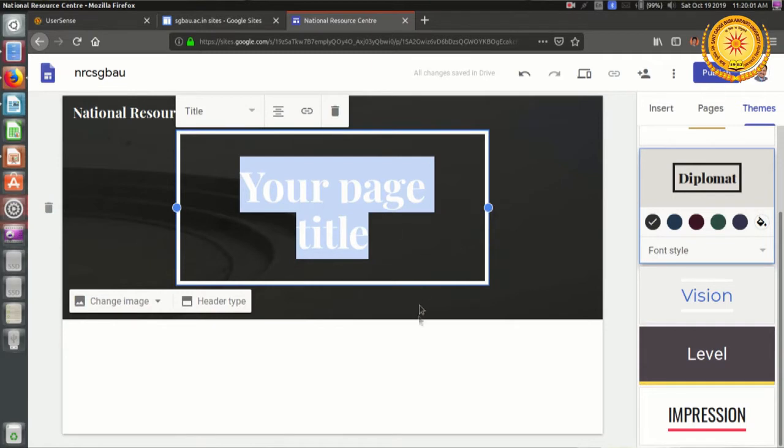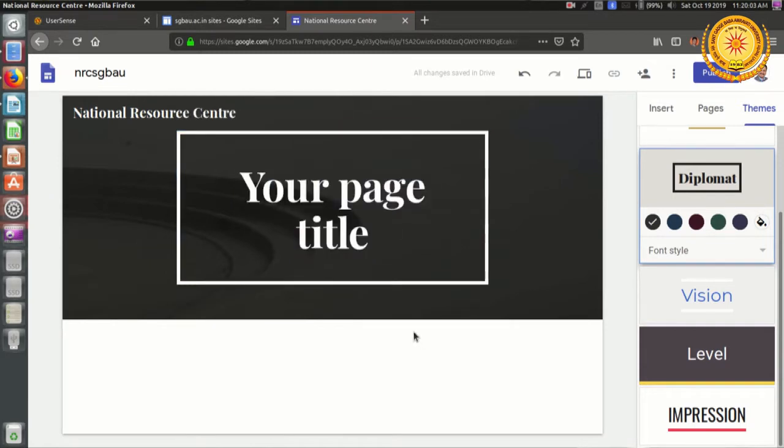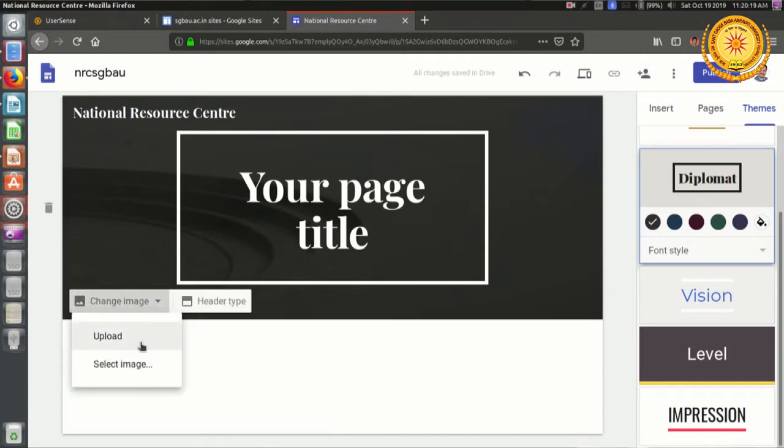So, before that, what I want to do here is that I do not want any image in the background of the header, because I am going to show only the name of my National Resource Center and the university along with the logo. So, I do not want any background image. Either I can change the image if I am willing to have some image in the background, or here, as I have mentioned that I do not need any kind of image,